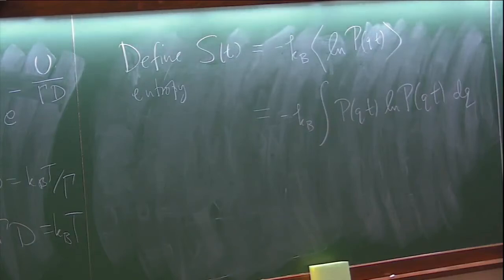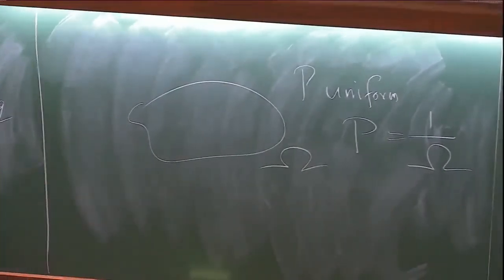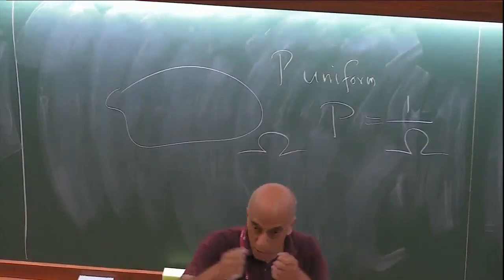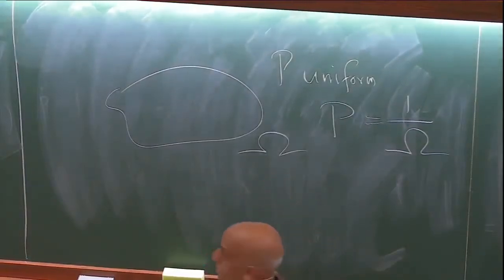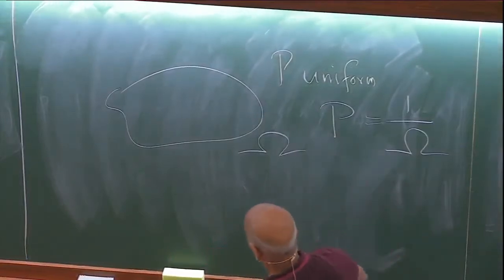For example, then P equals 1 over omega, right? That minus sign comes because you're talking about the log of how much space you have access to. P is really the inverse of that, right? The more concentrated you are, the less you have access to. I just wanted to write it as k log omega. Anyway,